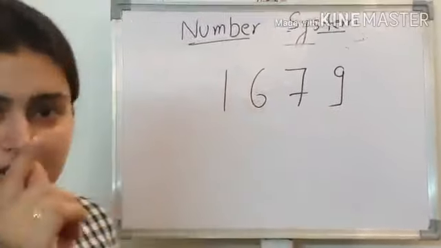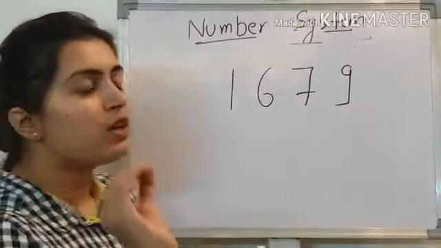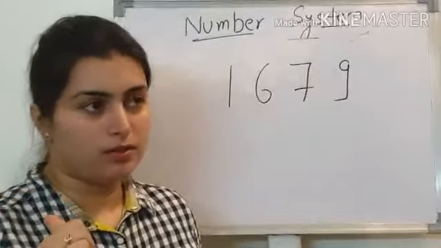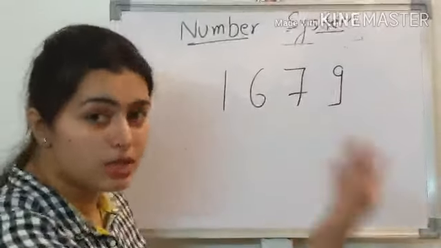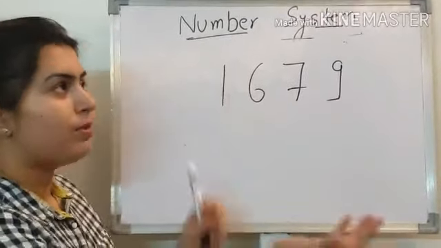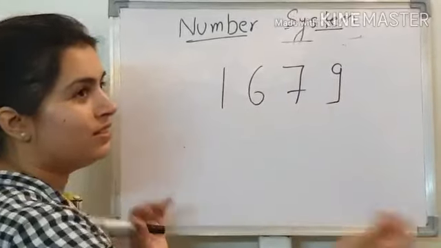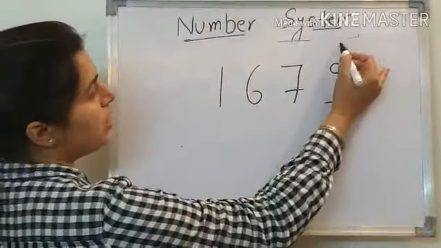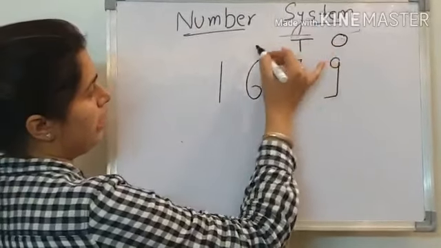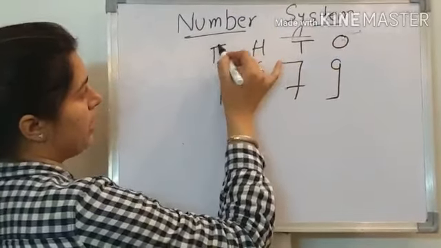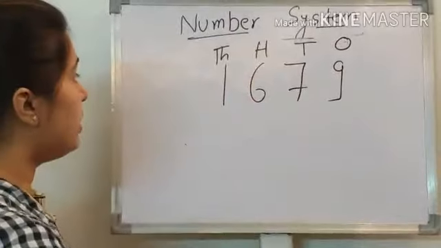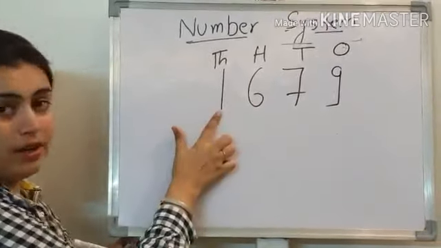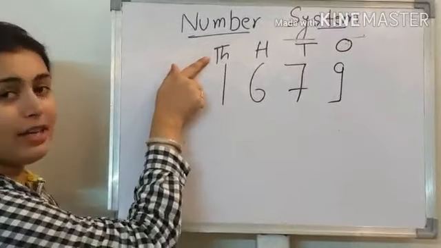So students, in the Indian number system, we assign the place value of a particular digit. And from where are we going to assign? From the left side or right side? Again, you are correct, from the right side. Okay students? So this is ones, tens, hundreds and thousands. Now how are you going to pronounce it? Just look at the number and on the top look at the place values.